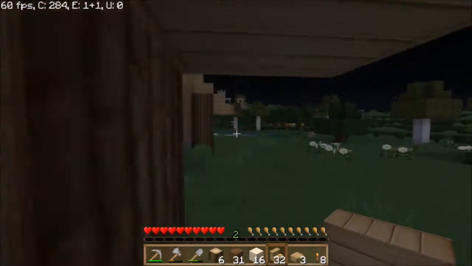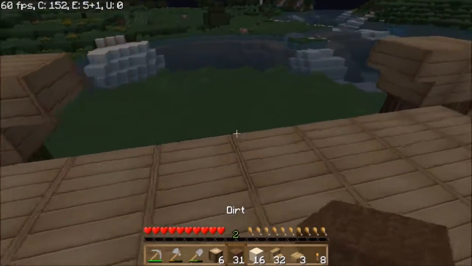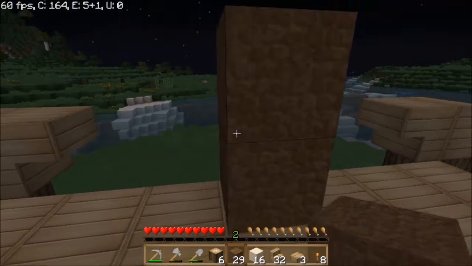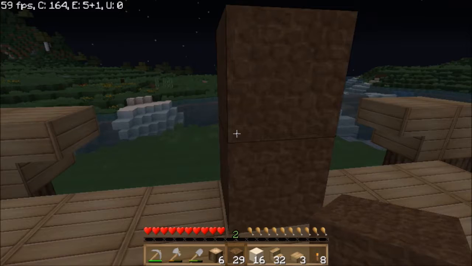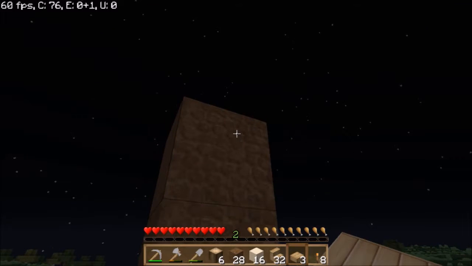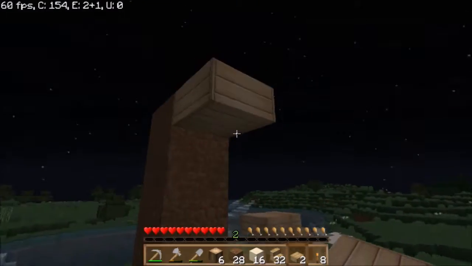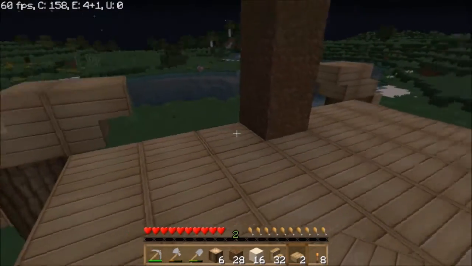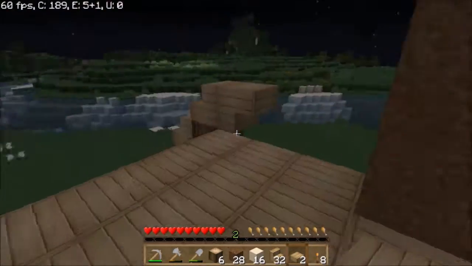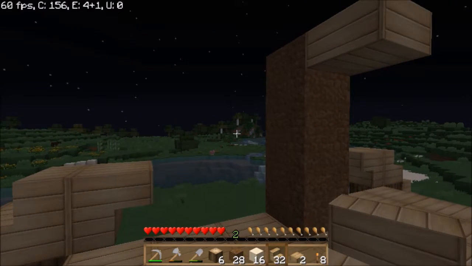Right. Maybe it's an idea to mark how high it needs to be. Thinking something like this. Doesn't need to be really high, because there's not going to be a lot of stuff up here. Probably just the bed and maybe some decorations. So